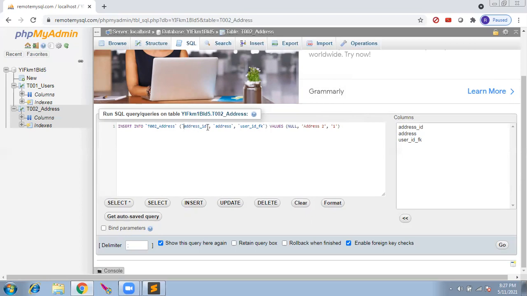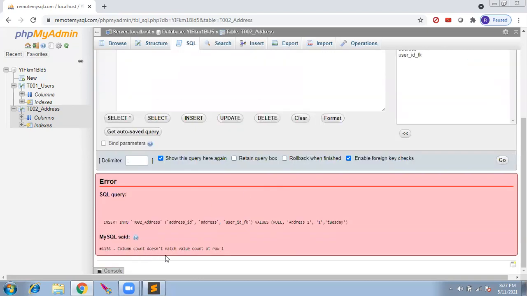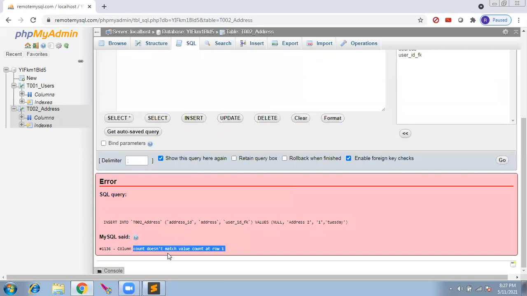Let us say we are trying to insert 3 columns here, and the developer by mistake gives another value as a comma, name. Instead of name, I'll do Tuesday. If I give like this, the developer has mistakenly given 4 values to insert, but only 3 columns are there. So if you run a query like this, it will say column count doesn't match the value count. Column count means this is the column count 3, and these are the values. So value count is 4. So it's telling column count doesn't match the value count.